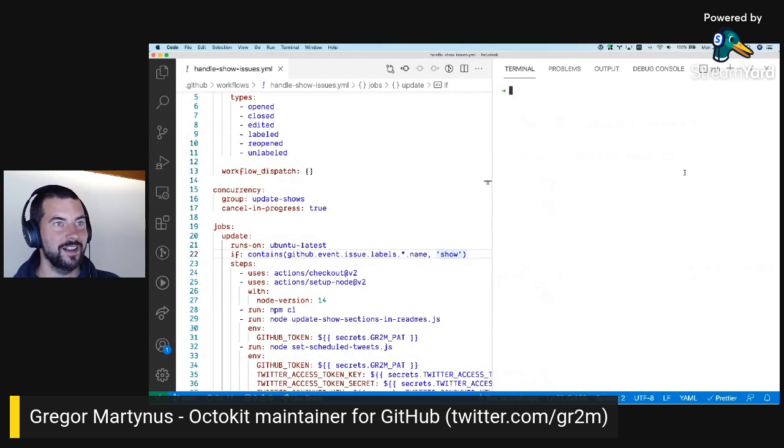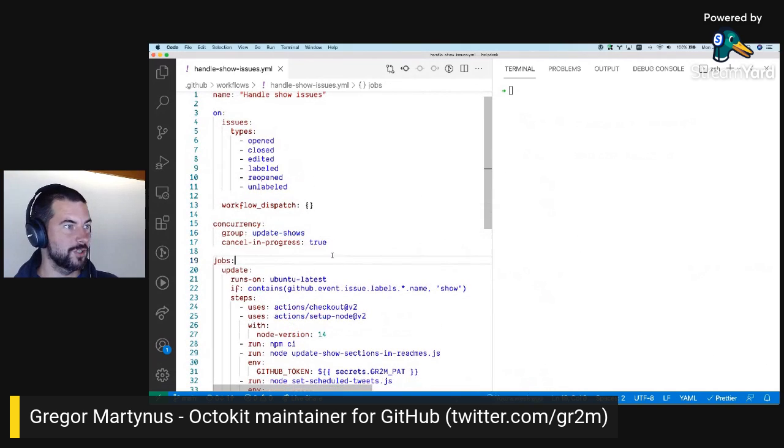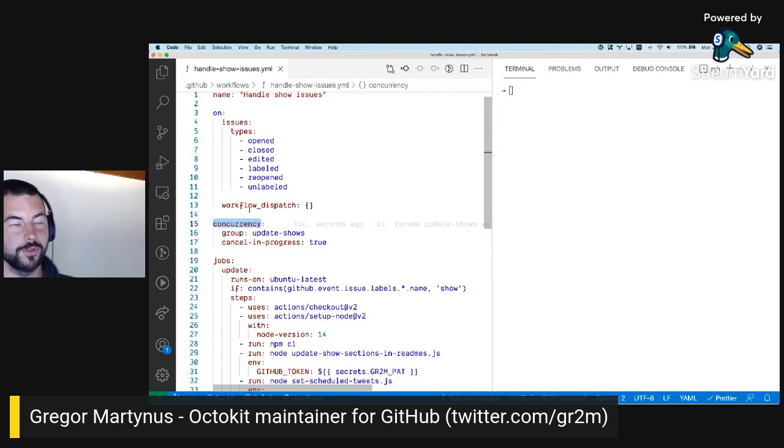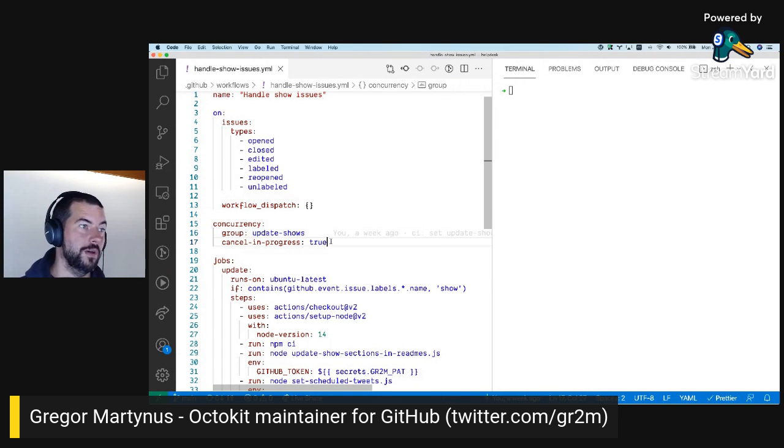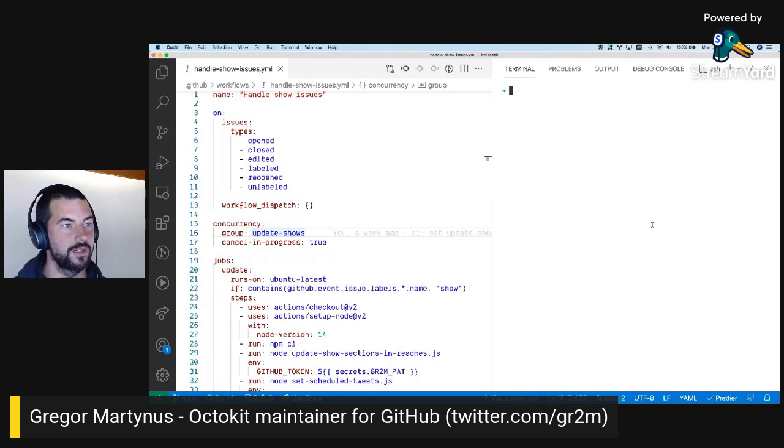And then there are some weird racing conditions, which I've already addressed with this concurrency setting. So the concurrency setting gives you quite a lot of control about whether you want to permit or avoid concurrency in which use cases. But this is an even more elegant way to reduce the amount when this workflow is triggered in the first place. All right, so let's push this.